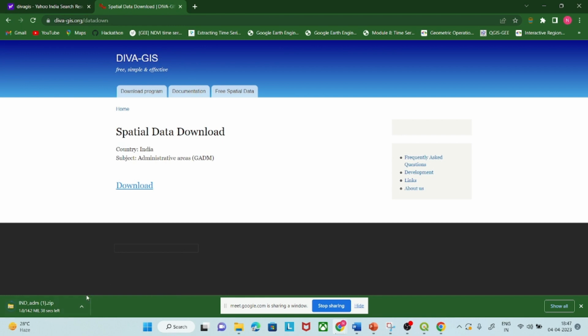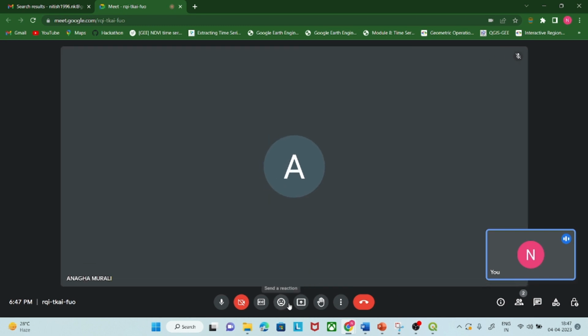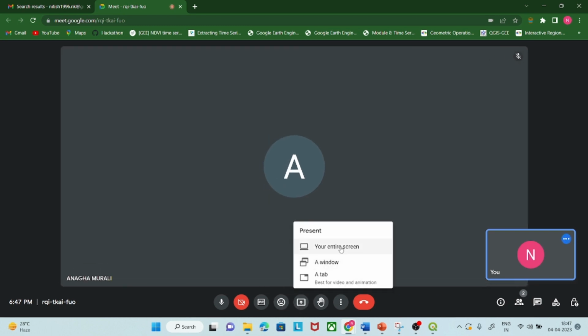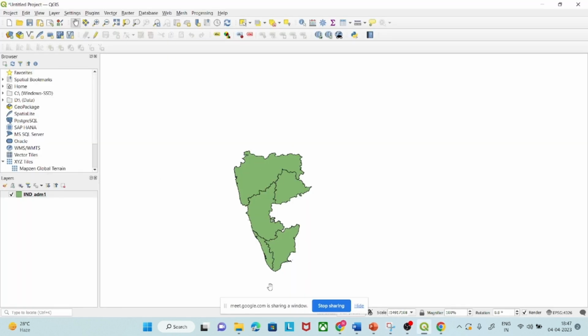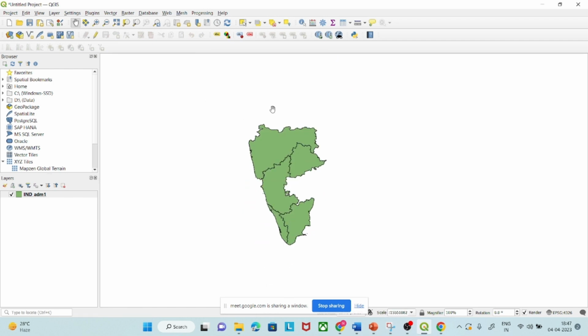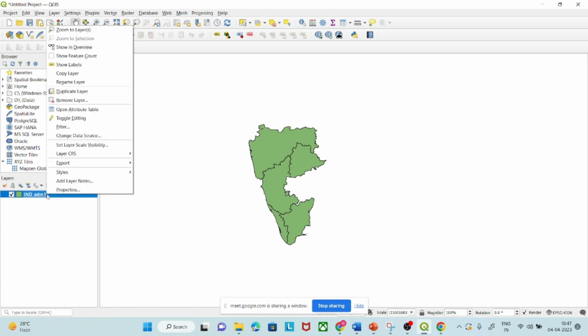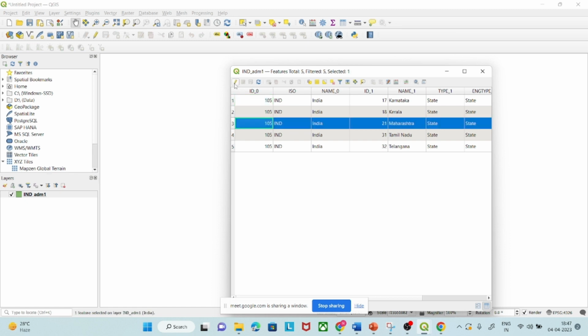From this only I have done it, and after that you will get the whole India shape file. Here I am just showing you some state shape files we have, like these 5 states. Suppose I want to analyze some raster data only for Maharashtra. Then first we have to take Maharashtra from this zip file. For that we will open the attribute table, and here you can see this is the Maharashtra file. So first select that and click on